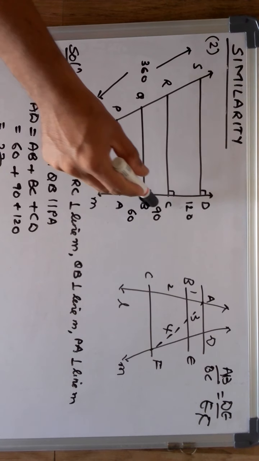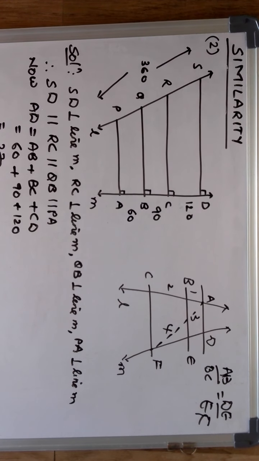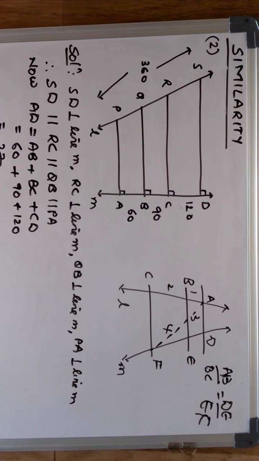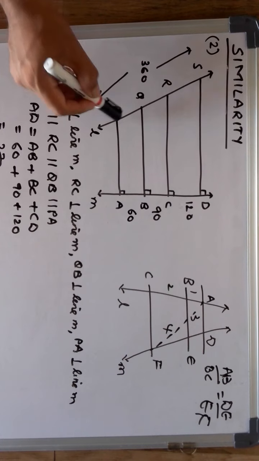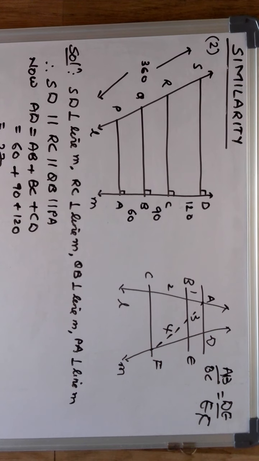Then I will take these two. So 90 is to 60 is RQ is to QP. That is also of no use because we don't have RQ and QP. That means I must take it in such a way that this 360 is used. Agreed? This 360 is used and here also I will make use of it. So I will take the lines in such a way that they don't follow each other immediately. One line I will skip. That is, if I take this one, then I will take this line. That is SD parallel to RC parallel to AP.